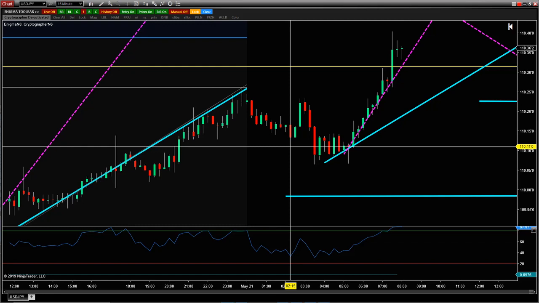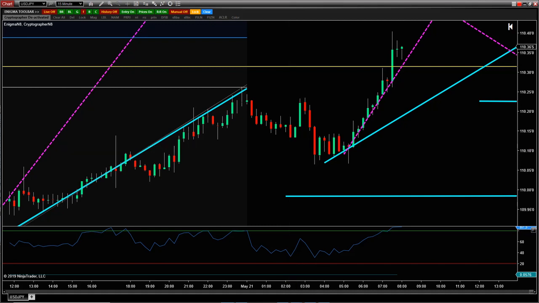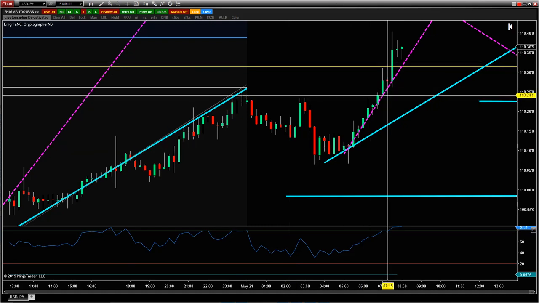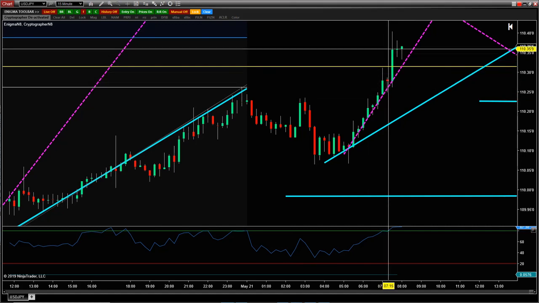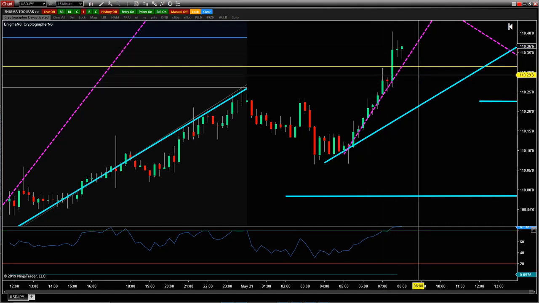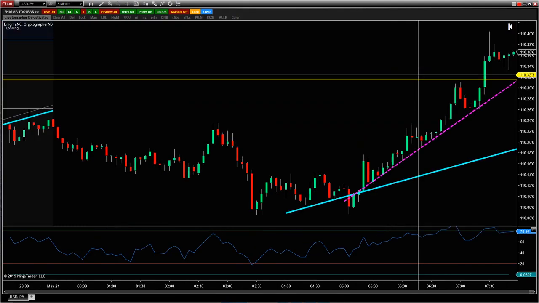Doji tells us a little bit of indecision. Currently, the current candle is still moving right now, so we're not sure what this is going to be. Not your greatest setup in the world, but we're looking for a pullback anyway, so it's not a bad sign. Lastly, we'll go down to the 5-minute chart before heading over to my favorite type of chart,